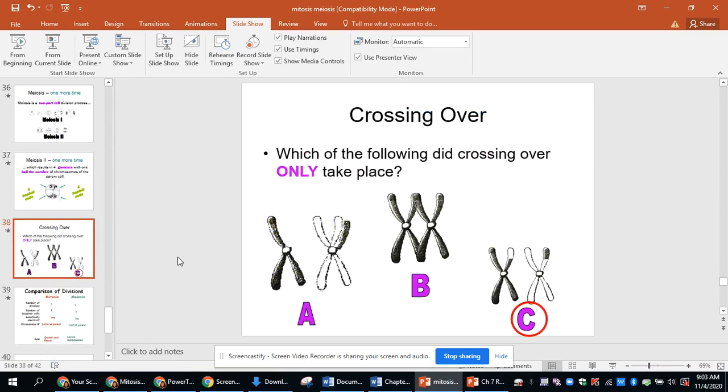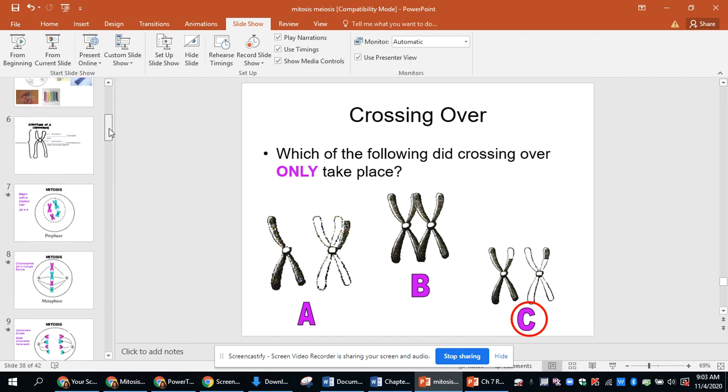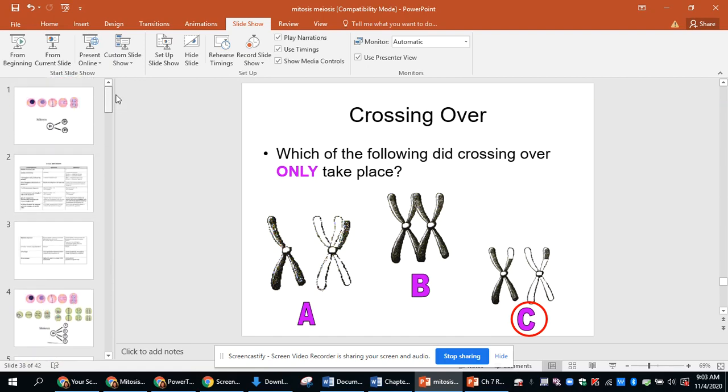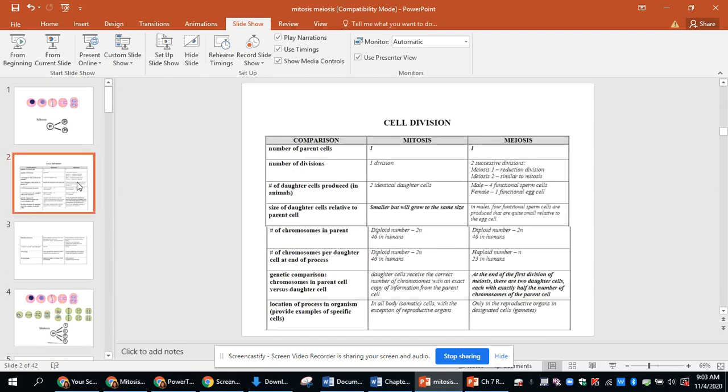And again, that's going to look slightly different in males and in females. We'll go over some of the differences between mitosis and meiosis, as well as